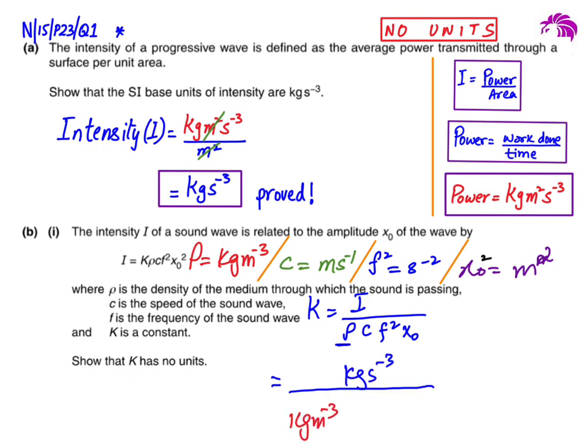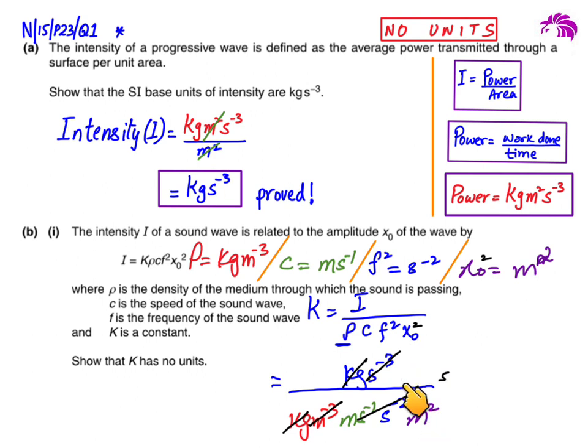Intensity is what we have just proved, it's kg s^-3, and density is kg m^-3. Then we have speed, m s^-1, then frequency squared, s^-2, and then amplitude squared,